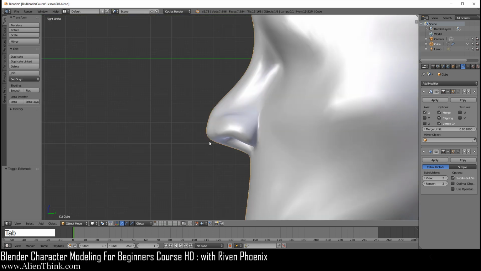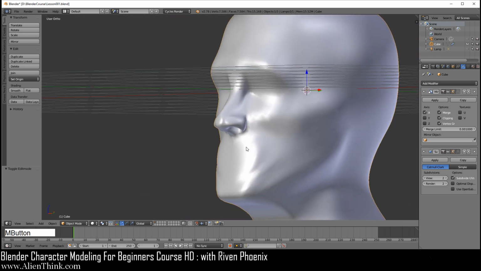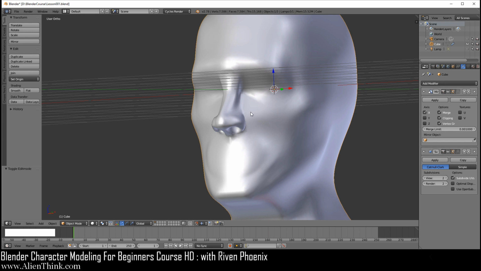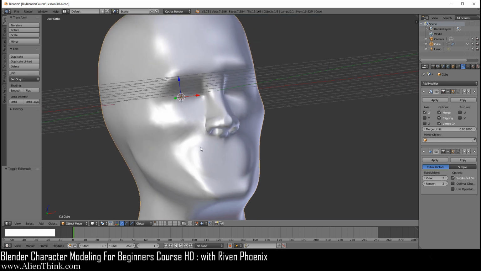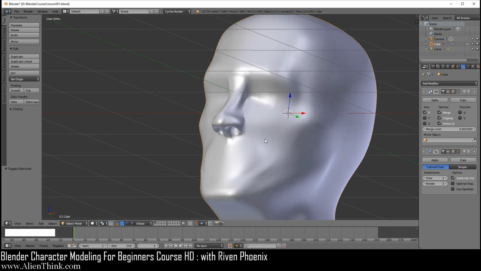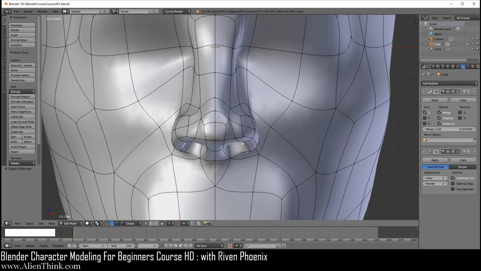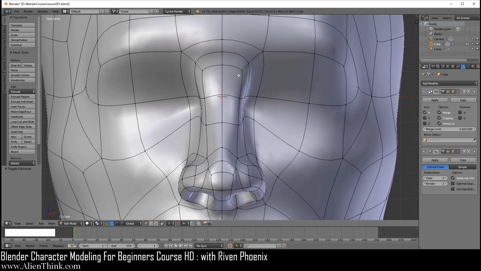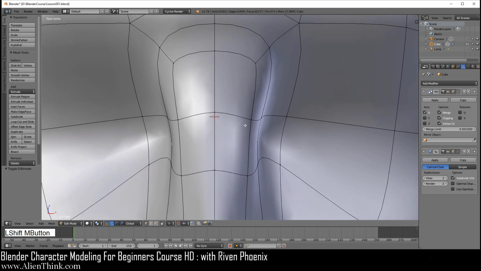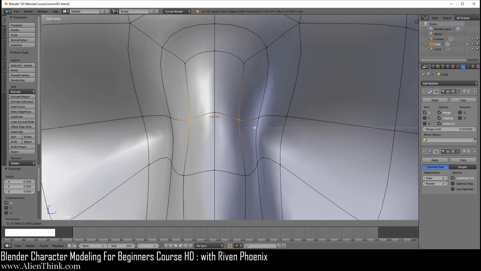So if you do tab, you can see what we've just done. Okay, we've got the cheek, the jaw, and we're now getting the correct structure over here for the cheek area. Any of this stuff can be modified. Okay, tab to go back where we were, front view. So now we're going to shift key over here. So now I'm just going to zoom in a bit, and I'm just going to click on this. I'm going to do 1, 2, 3, 4. I'm going to make sure this is 1, 2, 3, 4.